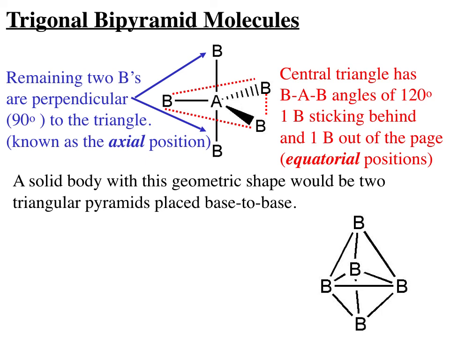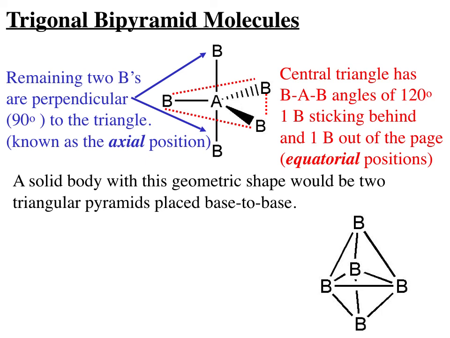Now, when structures such as this are used in organic or advanced inorganic chemistry, we differentiate the names of the positions as being either equatorial or axial. Equatorial positions are the ones around the middle. Kind of like if you look at the Earth, we have the equator of the Earth, then the 3 B's in the middle are around the equator of the molecule. Then we have the polar ones at the top and the bottom, which, maybe that would have been a better name, but they decided to use the name axial. So the axial positions are above and below the triangle, and the 3 in the triangle are known as the